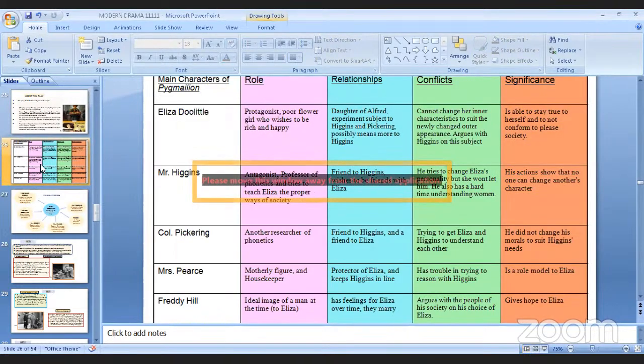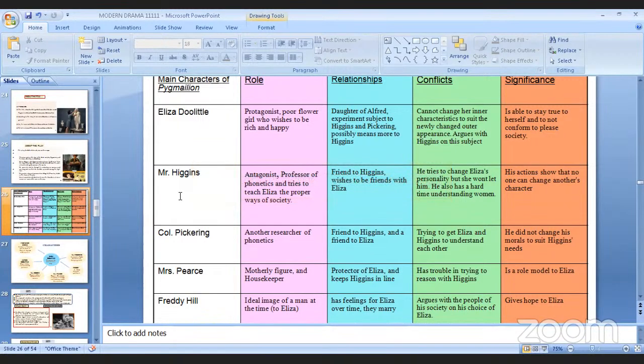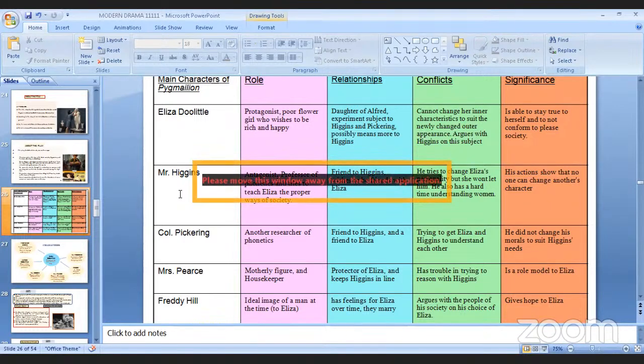Now, if you look at the main characters of Pygmalion, you can see the kind of role and the relationships, the conflict which is arising, and the significance of this. Eliza Doolittle is the protagonist, a poor flower girl who wishes to be rich and happy. Mr. Higgins, the antagonist, is a professor of phonetics, and tries to teach Eliza the proper ways of society. Colonel Pickering is another researcher of phonetics. Mrs. Pearce is a motherly figure and housekeeper. Freddie Hill, and